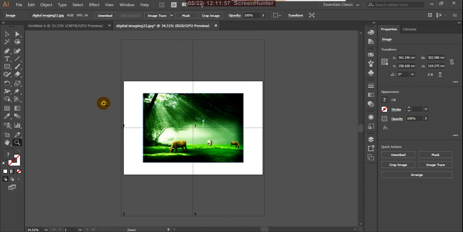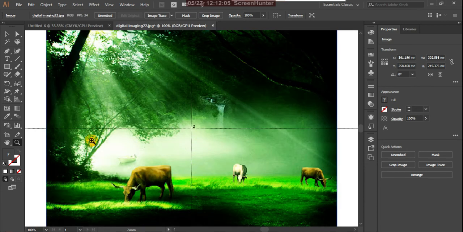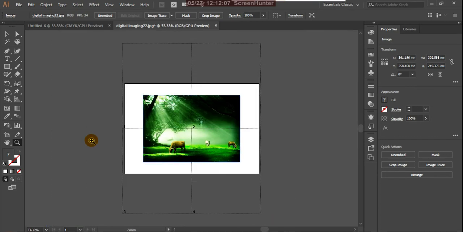Then here it is showing the values, you can make it 100%, otherwise make it smaller. Okay, so as per your requirement we have to give all these options. So this is very simple, the zoom tool.